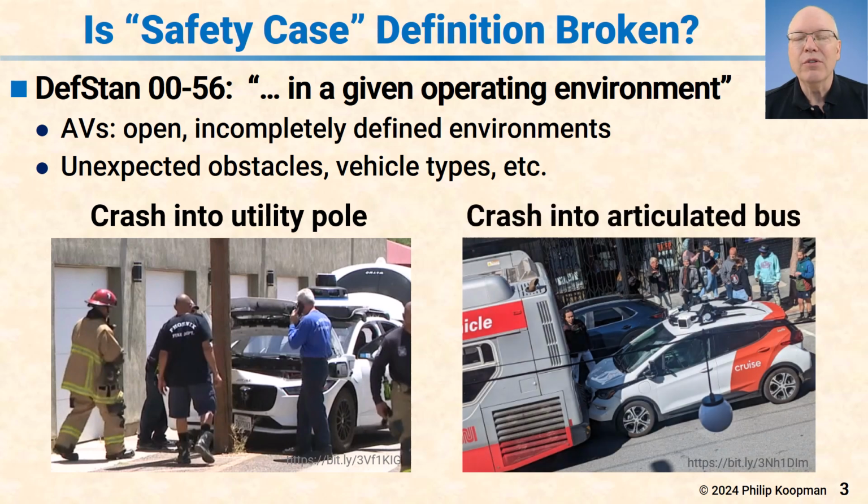Another example is a Cruise robotaxi crashed into the back of a 60-foot articulated bus. Conventional buses are about 40 feet long and they do not have a pivot in the middle, and it had been trained on those. So apparently when it encountered a bus with a pivot that was another 20 feet longer, it decided to ignore the back half of the bus and say, well, I know buses are 40 feet long, so I have more room to operate. Even though it detected the back of the bus, it decided to ignore it and crashed into it.